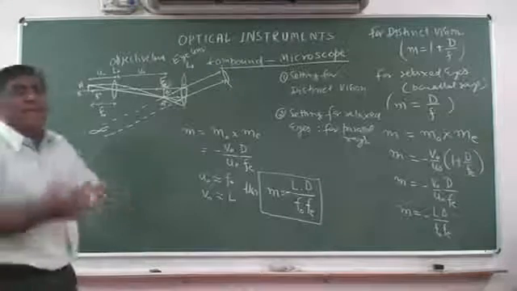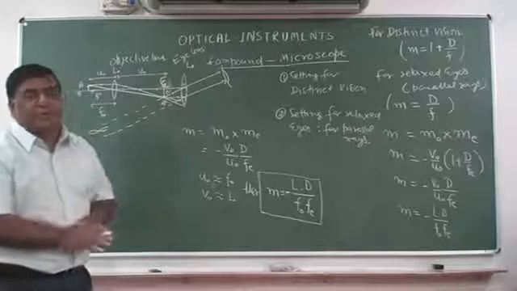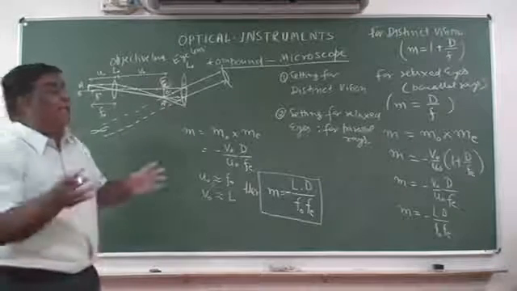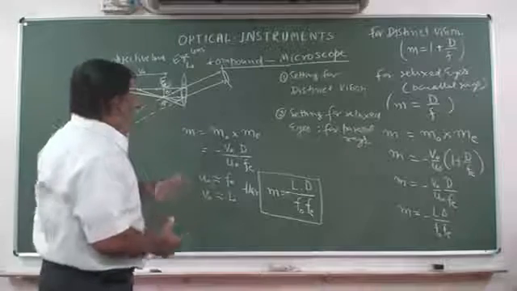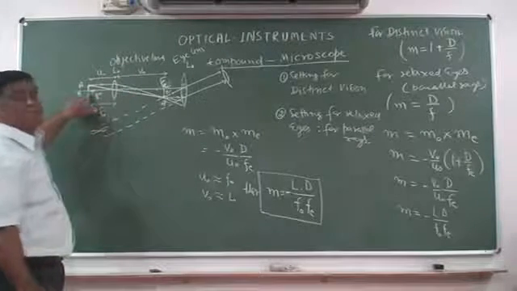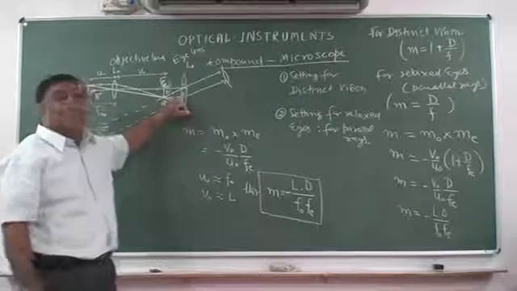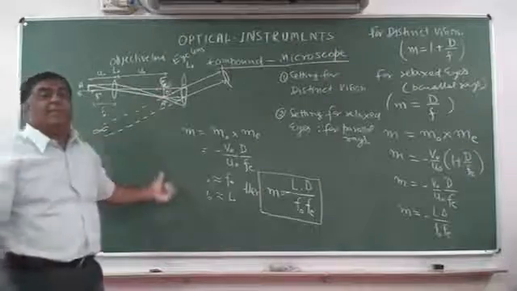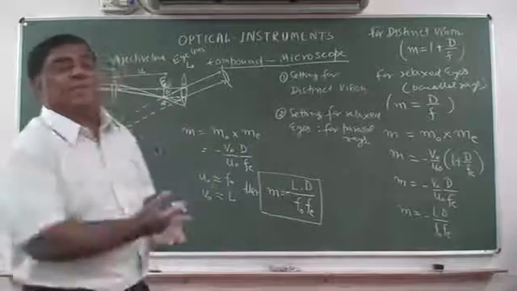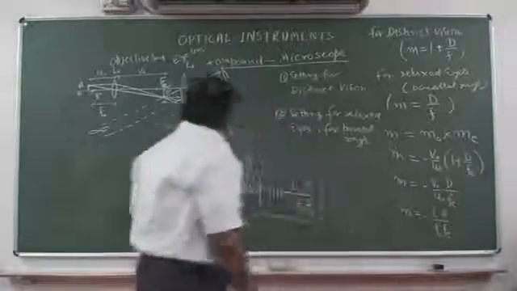Now there are certain numericals on the compound microscope. We will have to do it in the other class. We will do it, but those are very important and those will contain the distance. An object is placed at so much distance. This is the focal length of this. This is the focal length of this. What is the total magnification of the image? These types of things we have to find. Those are important. So in the next class, we will do those numericals and we will close it today.